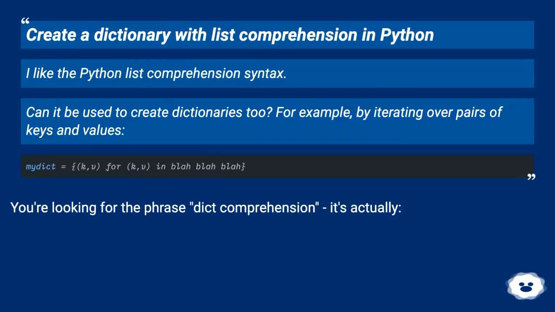Create a dictionary with list comprehension in Python. Like the Python list comprehension syntax, can it be used to create dictionaries too? For example, by iterating over pairs of keys and values. You're looking for the phrase dict comprehension, it's actually